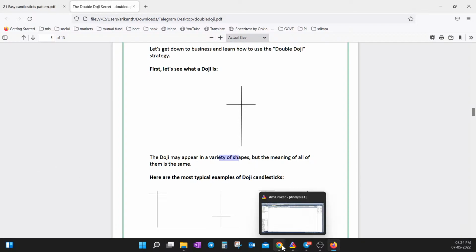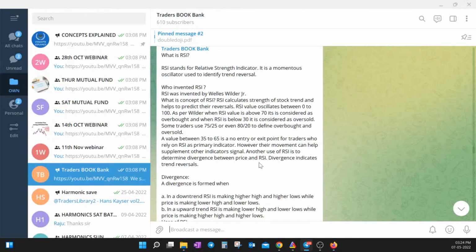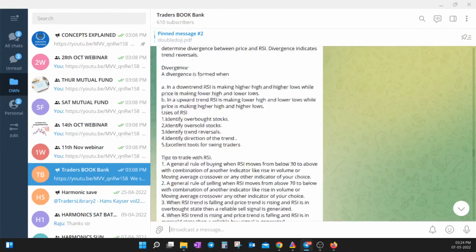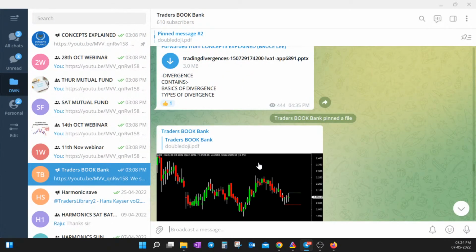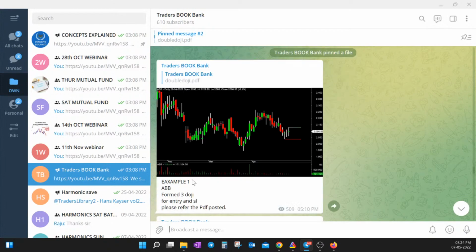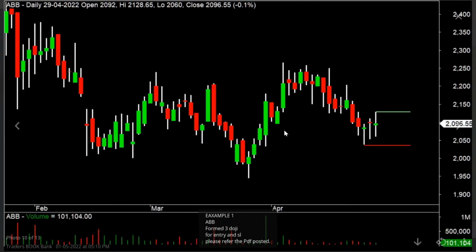Okay, so now I posted two examples for study purpose. The first example was ABB. Here the ABB stock had made three dojis. Here the dojis have a slight difference between open and close, is it not? It doesn't matter if it is a green candle or a red candle, continuously formed,